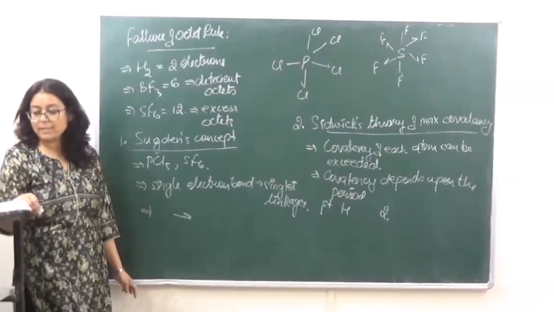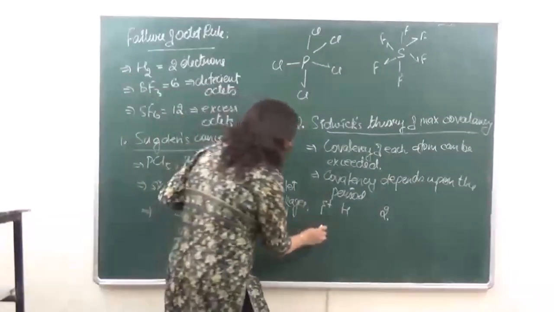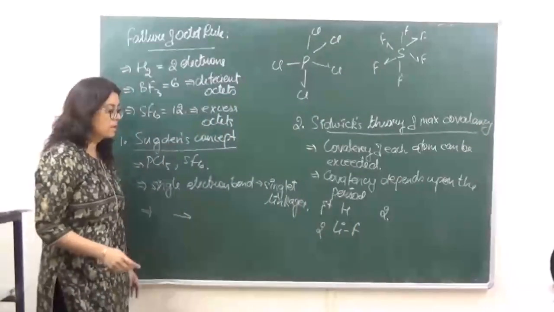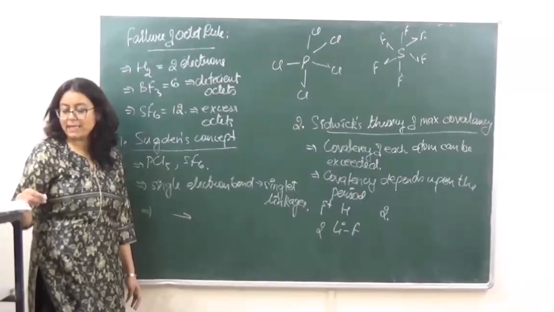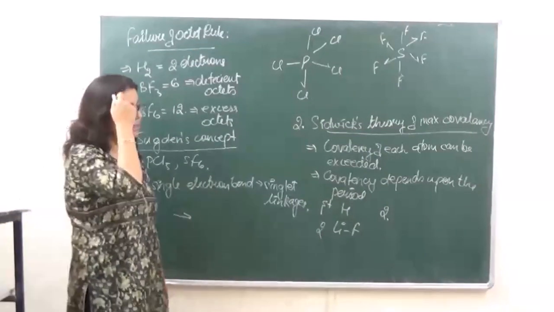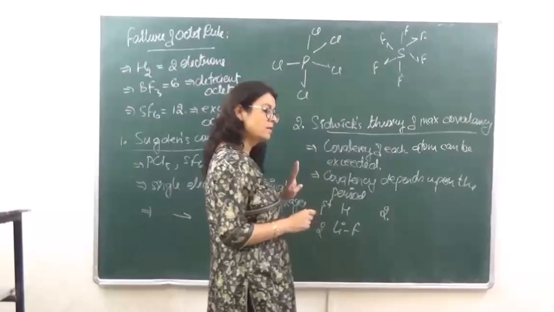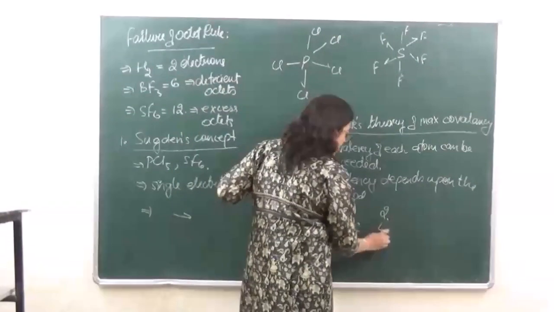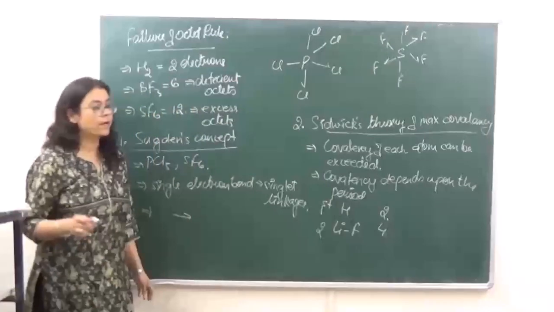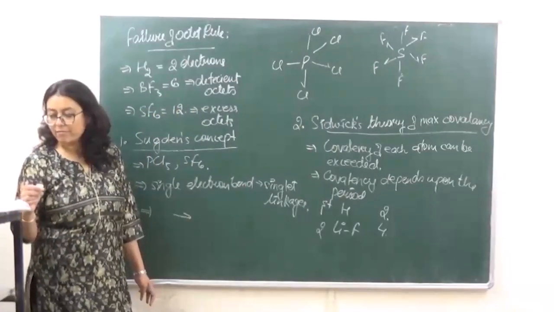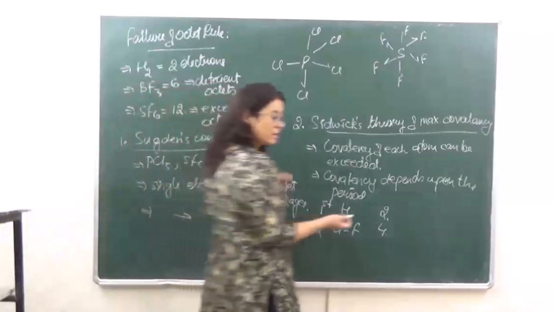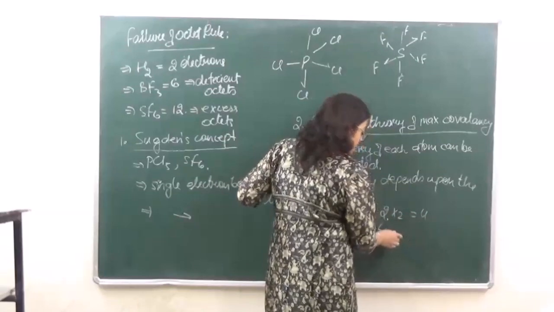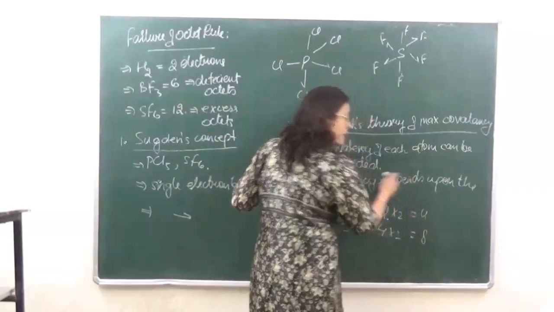फिर उसके बाद second period जो हमारे पास आता है, that is the second period starting from lithium to fluorine. Okay? In this case, the maximum covalency can be how much? 4, 2s and 2p. ठीक है? So the maximum covalency in this case can be 4. And the number of electrons which it can have is 8. 4 into 2 is 8. In a similar manner, the first period can have 2 into 2, that is equal to 4 electrons, and this can have 4 into 2, that is equal to 8 electrons.